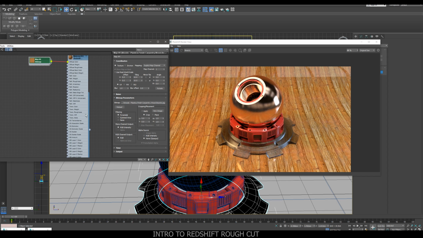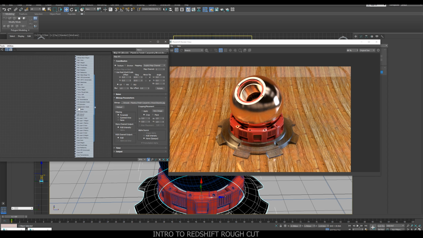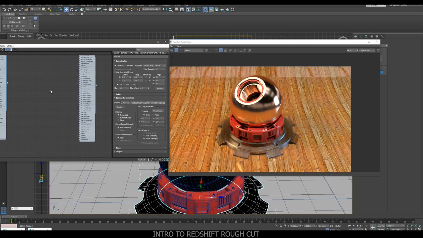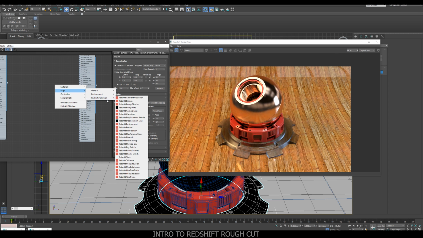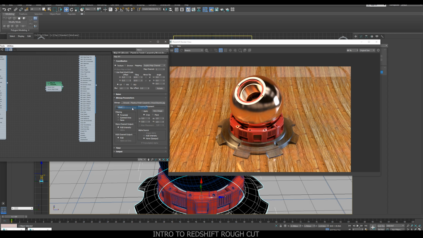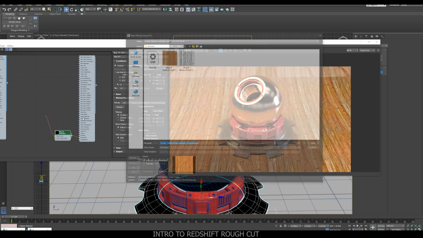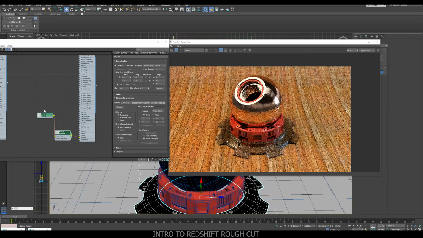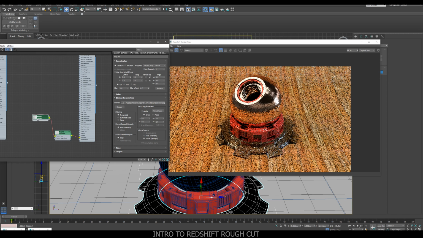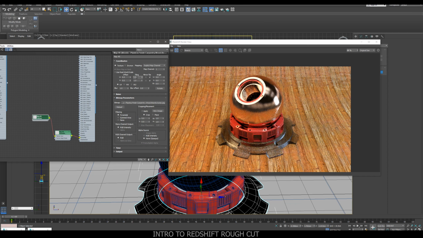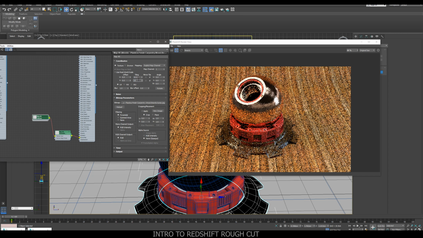I also want to apply a bump map, which I have. So to apply a bump map in REDSHIFT, you want to plug it through a REDSHIFT bump node, which offers you some controls to the bump map. So you would go to Maps, REDSHIFT Renderer, and select REDSHIFT bump map, and plug it into the bump map. And in the texture input, just add your bump bitmap. Let's not forget to scale this one as well. To tile it,